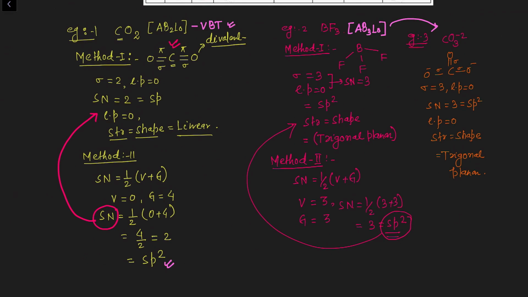Easily you are going to apply the valence shell electron pair repulsion theory, because VSEPR theory talks about the arrangement of bond pair and lone pair of electron and the shape of the molecule. So once you get the idea about the hybridization of any molecule, then indirectly you are going to say the geometry of the molecule also. How are you going to predict the geometry of the molecule? By checking the arrangement of the lone pair and bond pair of electron, right? Some more examples we will discuss, then this concept will be clearer.